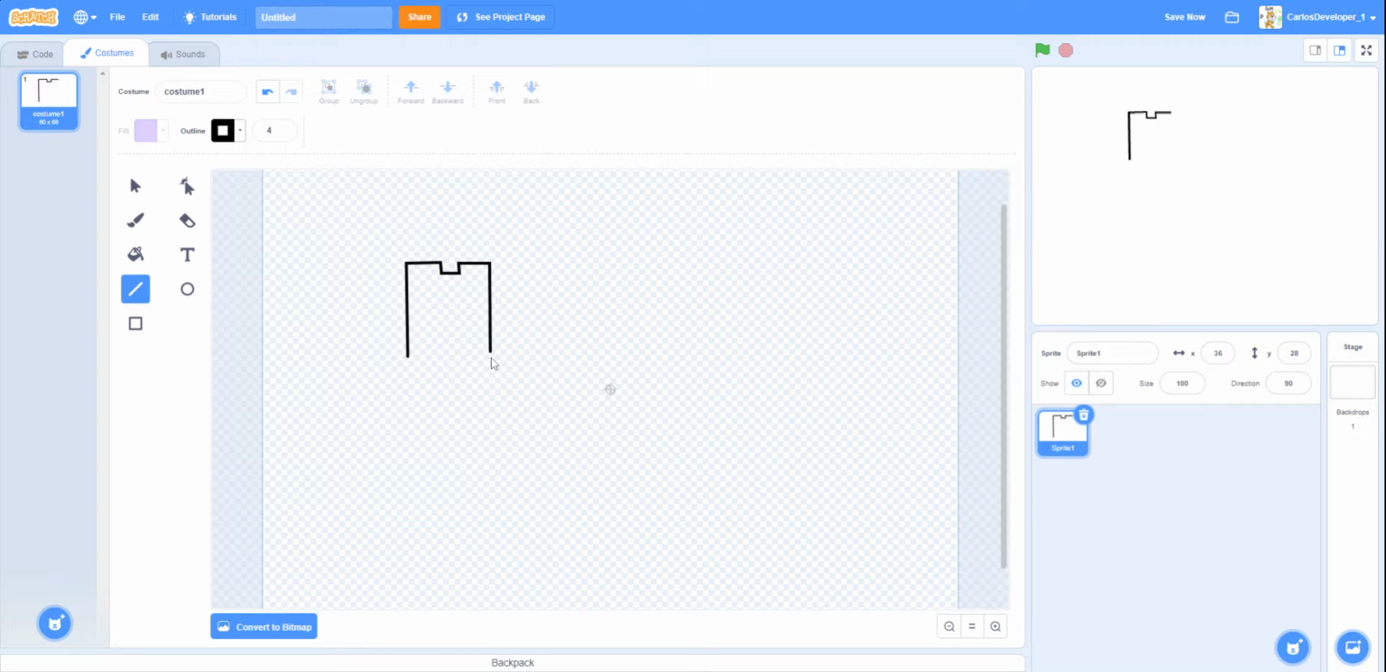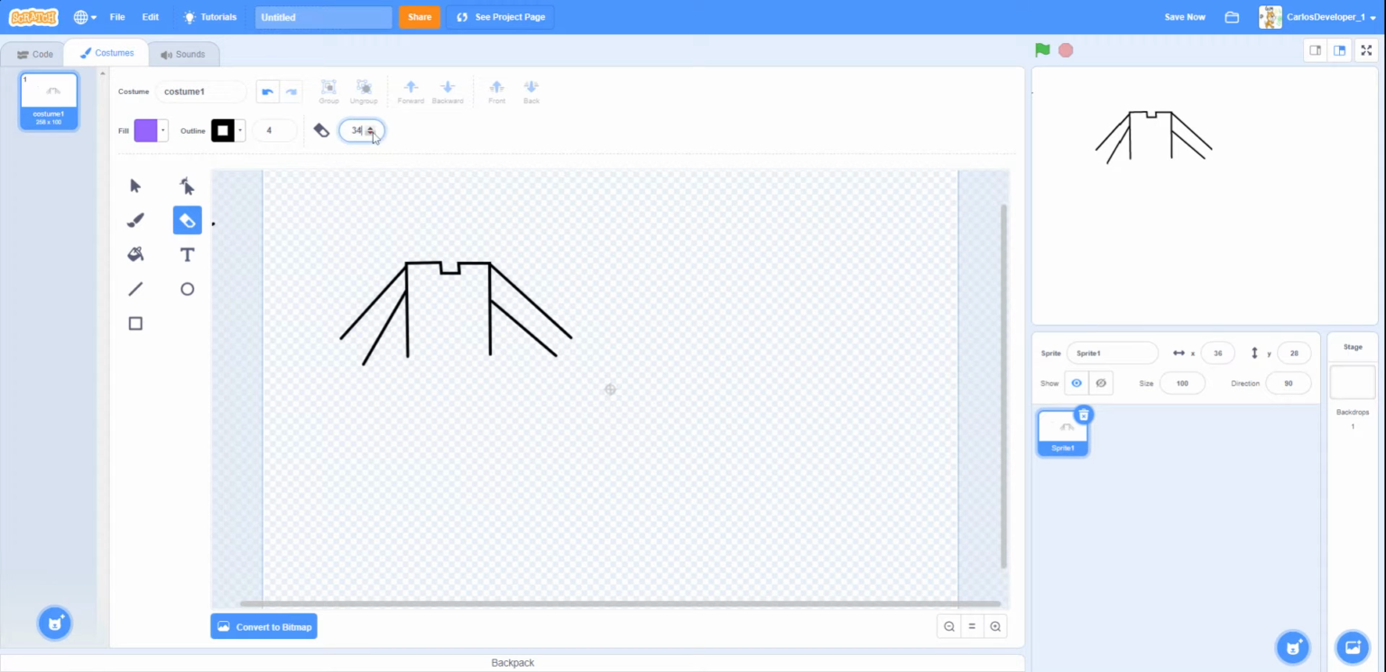Okay, so we need to make the hands now, and I'm just gonna get the eraser and erase the line here. Okay,